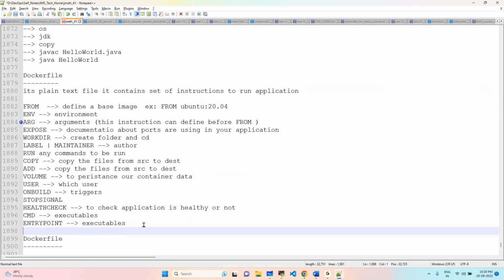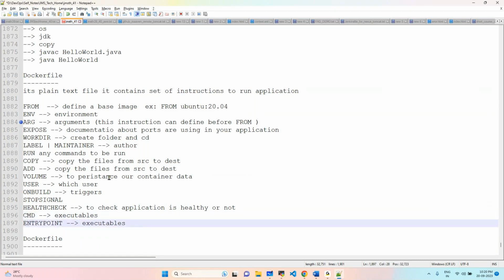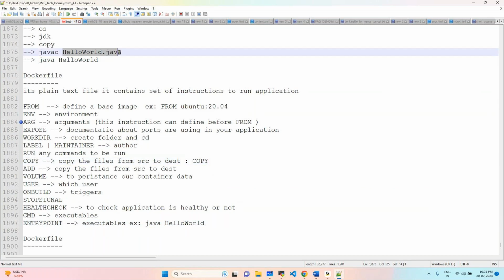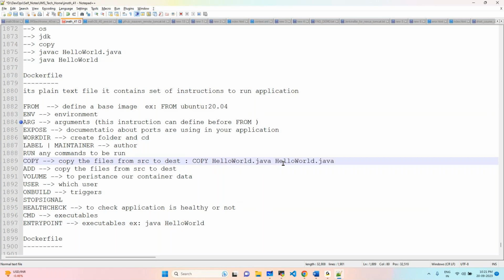Is it clear, guys? Till now, in this case, executable means this is our executable, which at the end you want to be run. Okay, for example, let's say copy our file. It has a source and a destination. Either you can give the dot or else just give the path also. For the same file name, you can give dot or else give the work directory, anything. And from now we can use this Ubuntu,